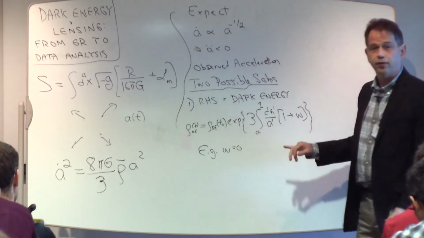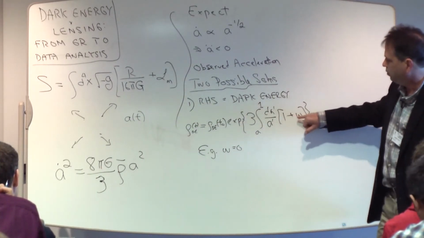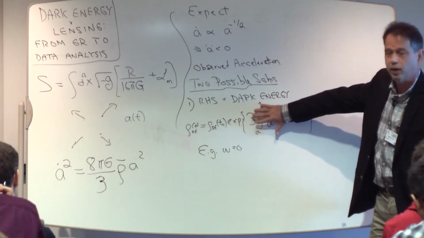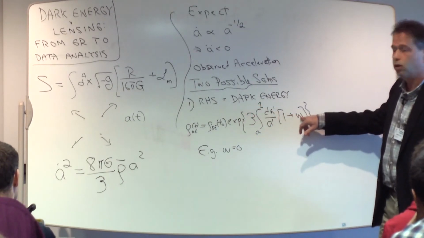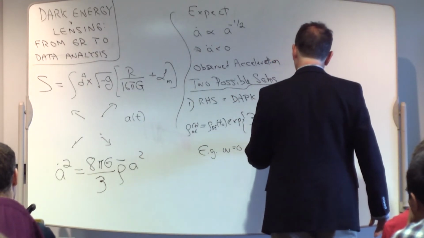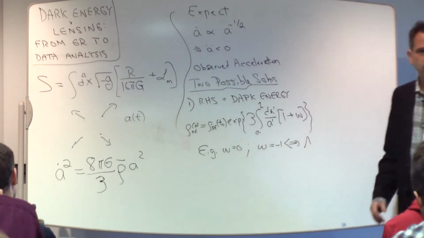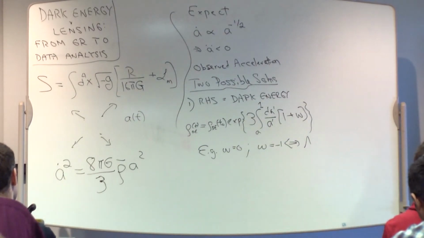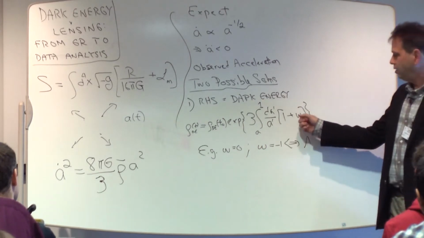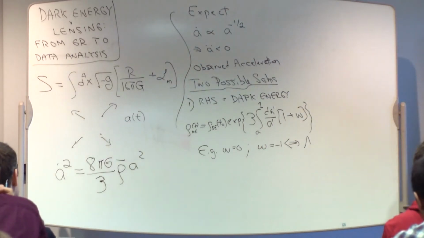Dark energy has to be different. It can't dilute. So one of the simplest ways to do it is to just let the whole argument of the exponential be 0, which requires W close to minus 1. Another example is W equal to minus 1, which is called a cosmological constant, lambda. So that's one possibility for dark energy, but there are many possibilities. The key is the substance has to have an equation of state that's much different than ordinary matter.